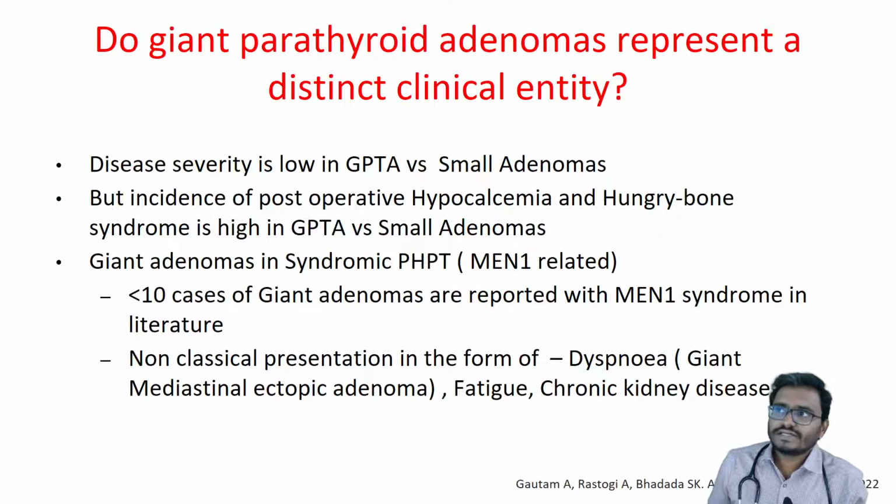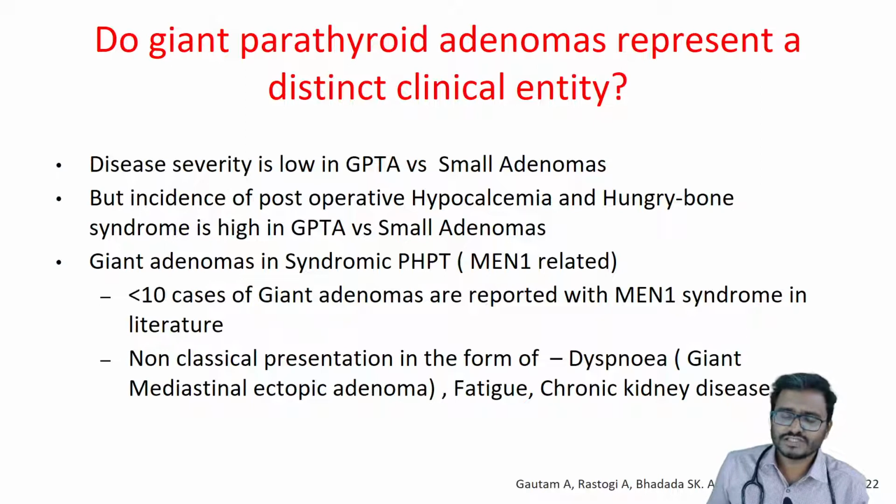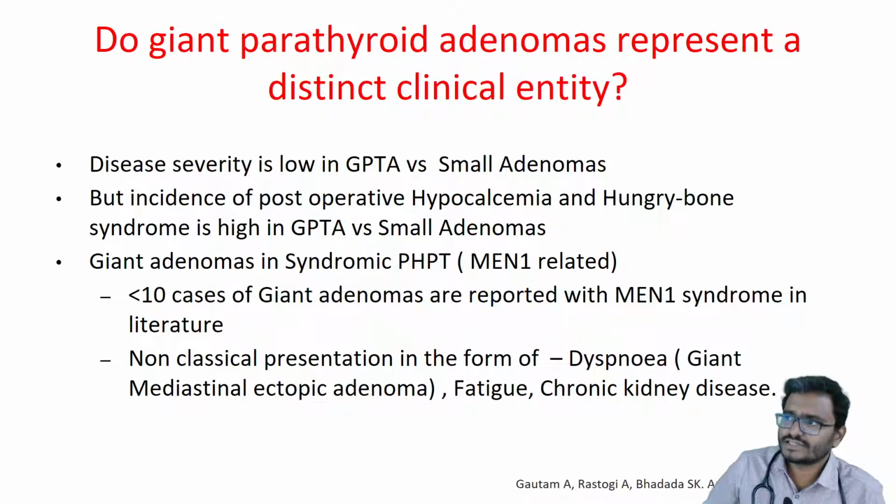Disease severity has been low in giant parathyroid adenomas, but the incidence of post-operative hypocalcemia and hungry bone syndrome is higher in giant parathyroid adenomas. The study from India included syndromic association of giant adenomas, where they studied 2 cases. Around the world, only 10 cases of giant adenomas and MEN syndrome have been presented. In these cases also, non-classical presentation of PHPT was seen, like giant mediastinal ectopic adenomas presenting with dyspnea, fatigue,